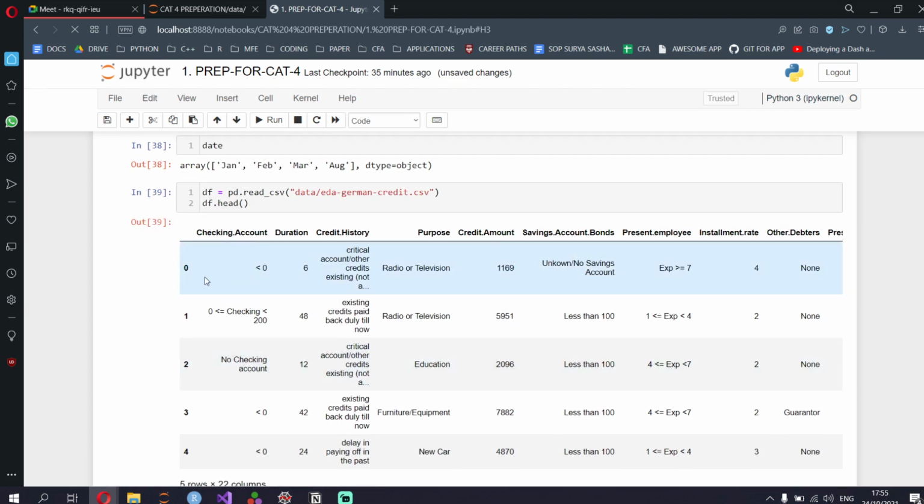It's read it properly. However, sometimes when you save to a CSV file, the index column 0 also gets saved.